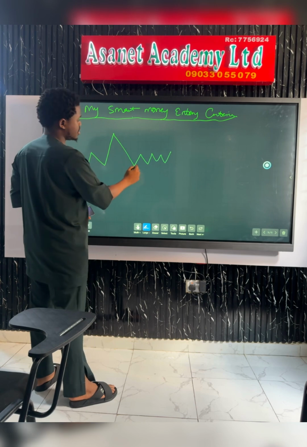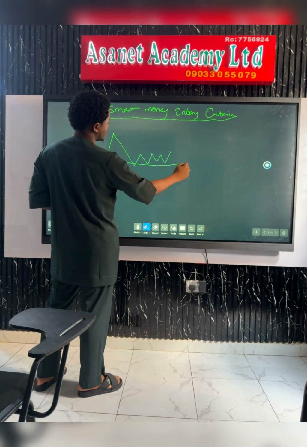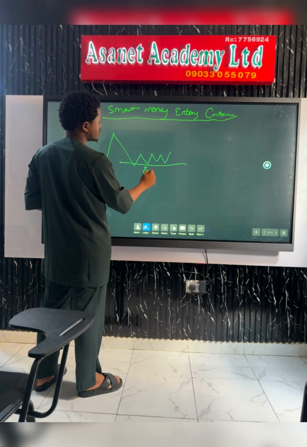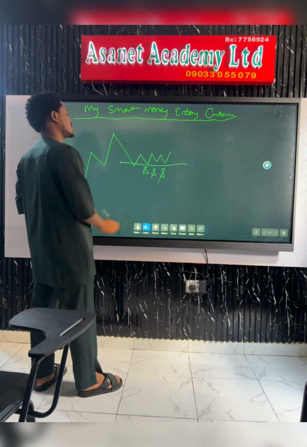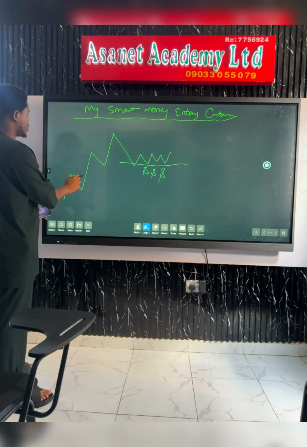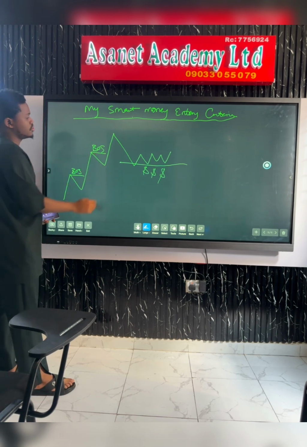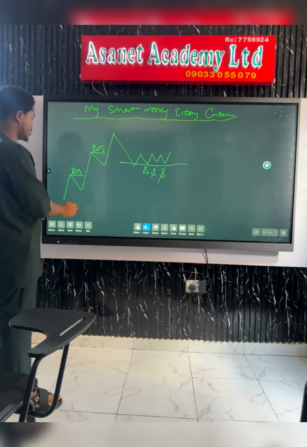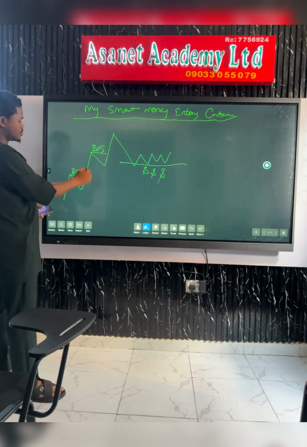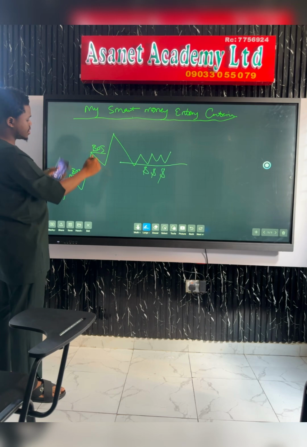You see this zone now, this is kind of liquidity. I need to see market create an inducement for me. You can watch here, we have our break of structure. So once I see this, the first zone that caused this break of structure, where caused this bullish movement,